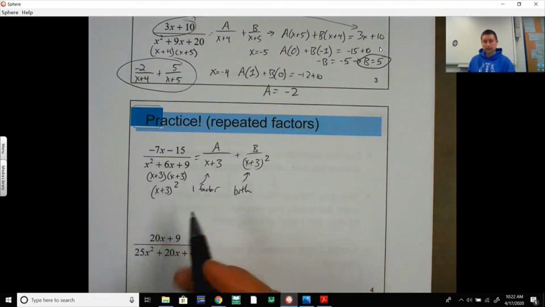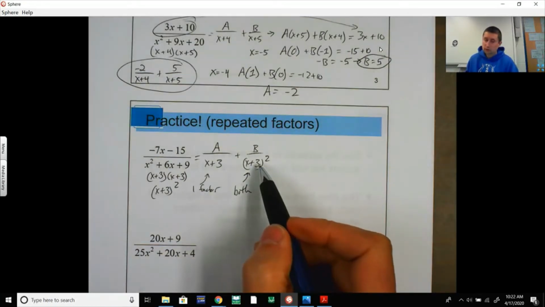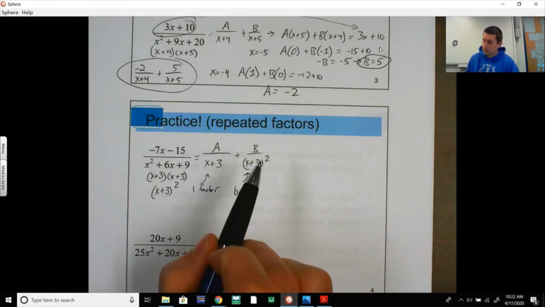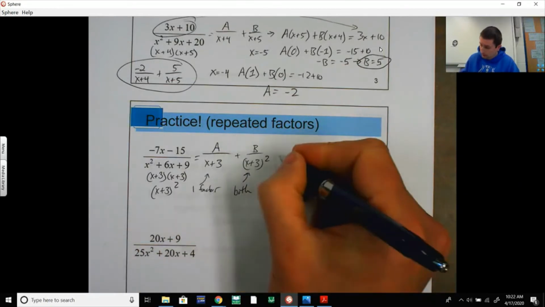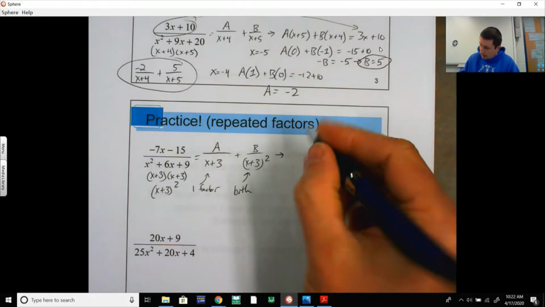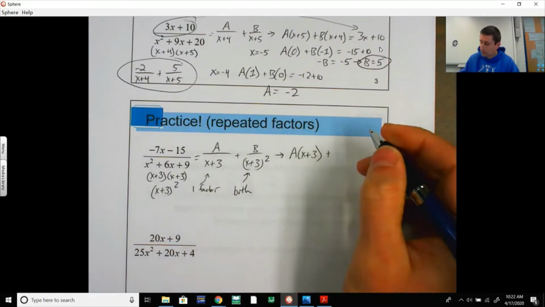Okay, now remember, this is your common denominator, which the b already has. So in this case, you do not multiply the b times another x plus 3. That would give you 3 of them on the bottom. So the a gets multiplied by x plus 3. We're just going to add the b,